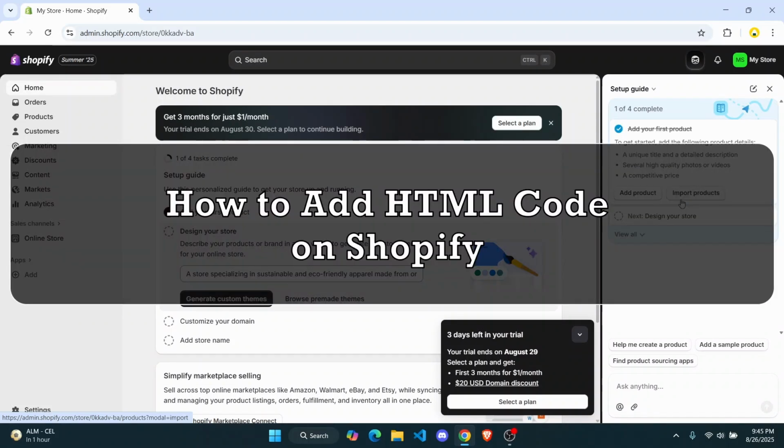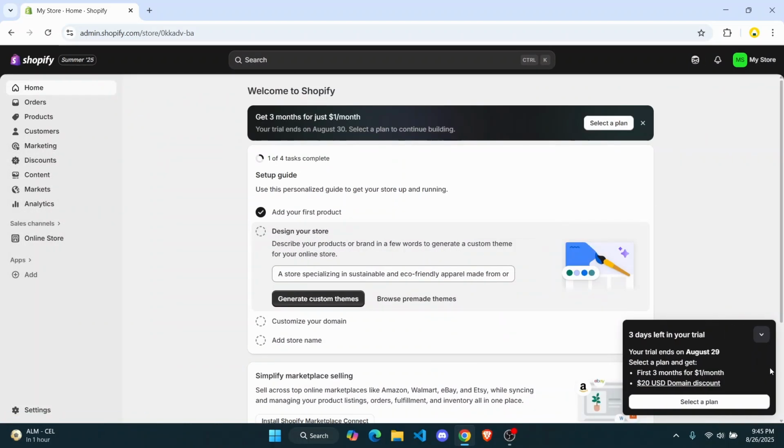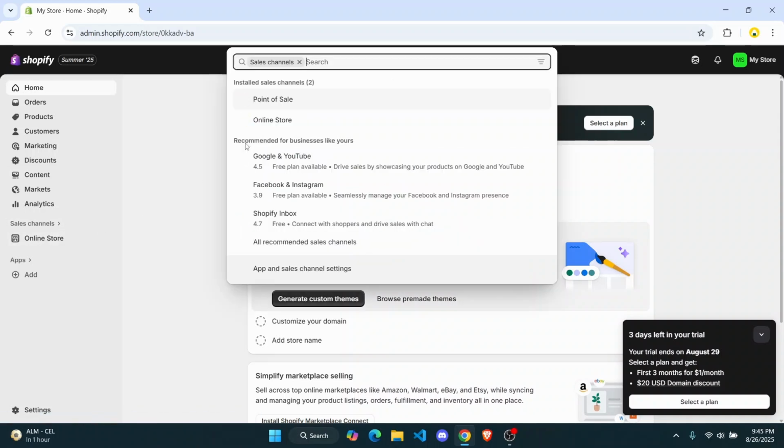How to add HTML code on Shopify. Hey guys, in this tutorial, I'm going to show you a quick and easy way to add HTML code on your Shopify store. Now, the first thing you can do is simply head over to your sales channel, and then